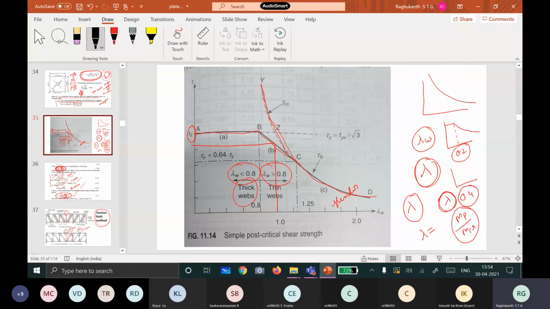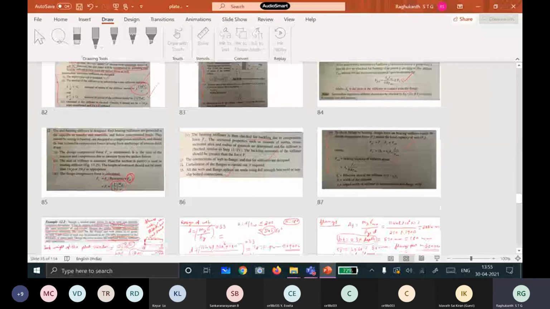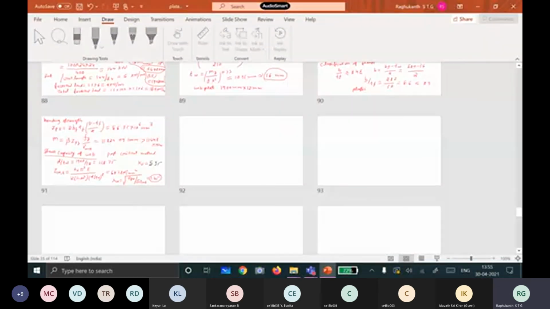We have got our slenderness ratio as 1.45. Is it a thick web or a thin web? For the web to be thick, it should be less than 0.8. But now it is more than 0.8, so obviously your web is slender. This is a very slender web.